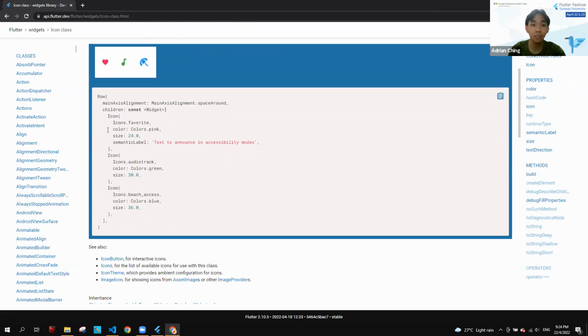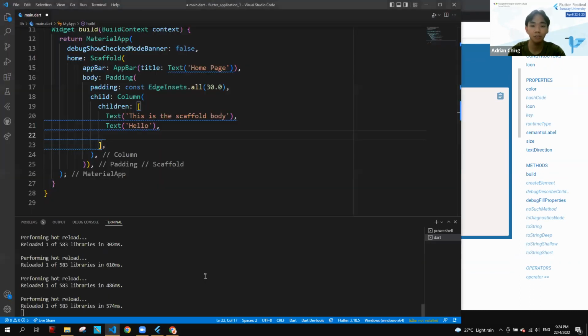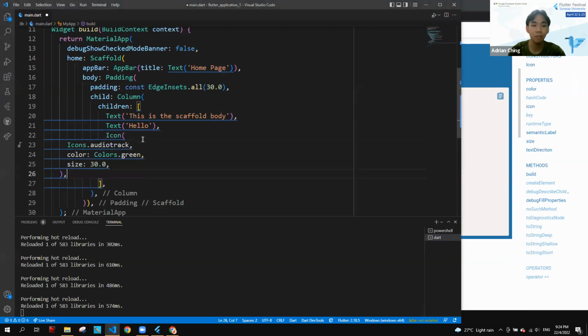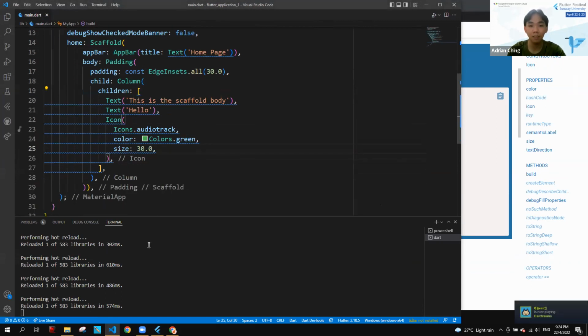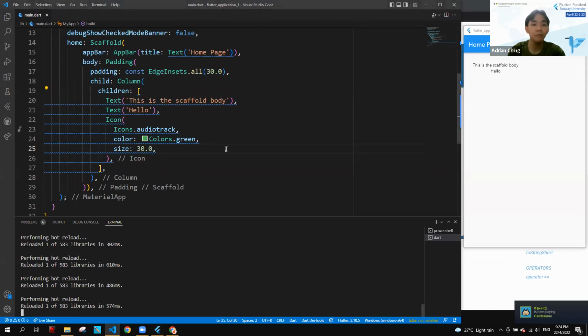These icons are arranged in a row, but let's just take one icon like this, and just paste it over here. I'm not sure if you guys can copy and paste, but I'll just put it in the chat for now. Right now we save it and reload, and you can see the icon appearing here, right?